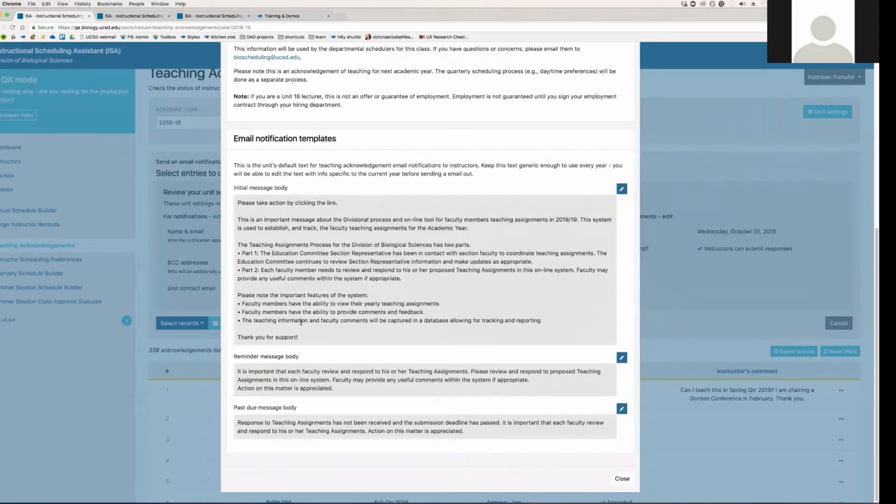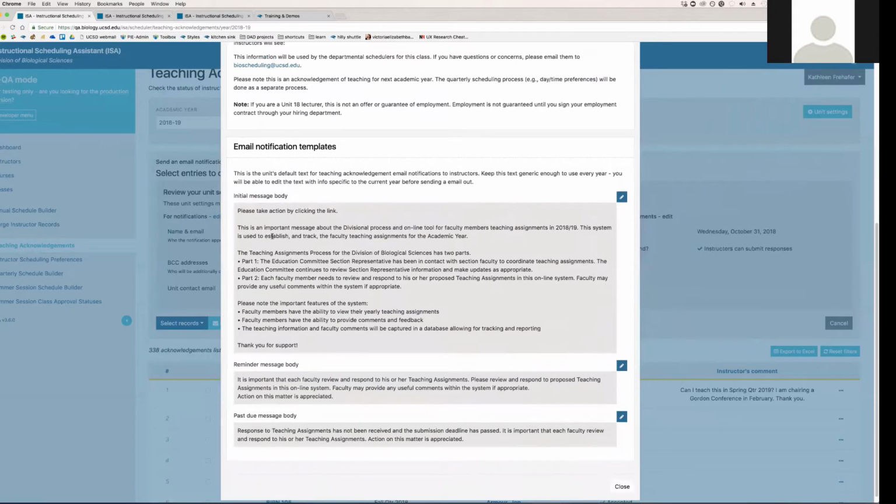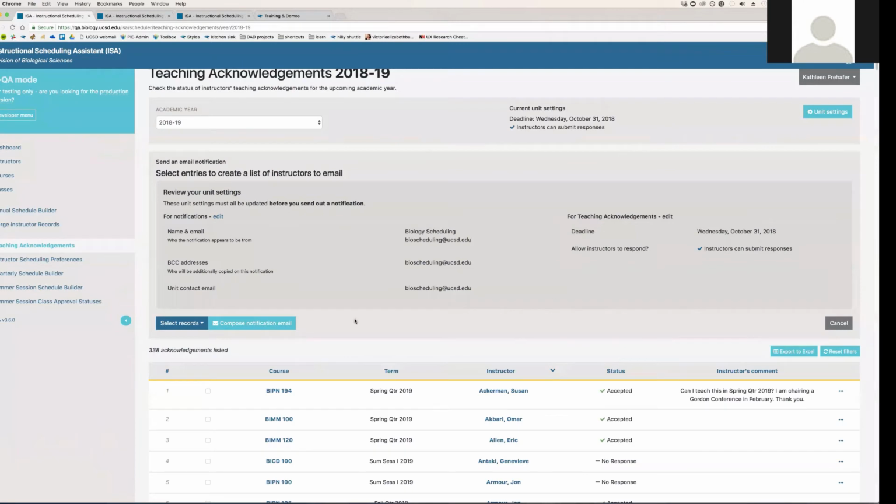It can accommodate some minor sorts of formatting, but it's not a rich text format editor, so there's not a lot of fancy editing capabilities, but there are some basic ones. So once you've got that all set up,